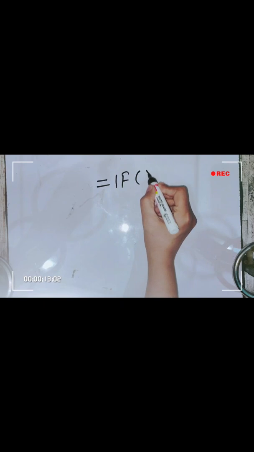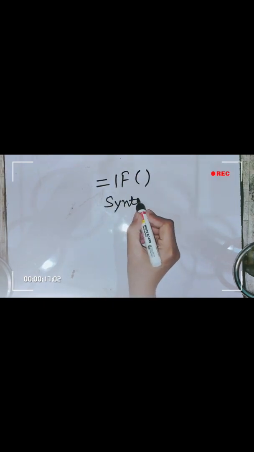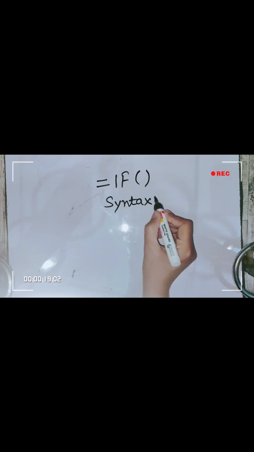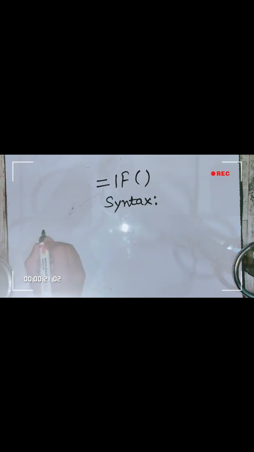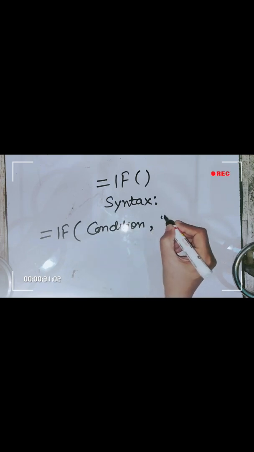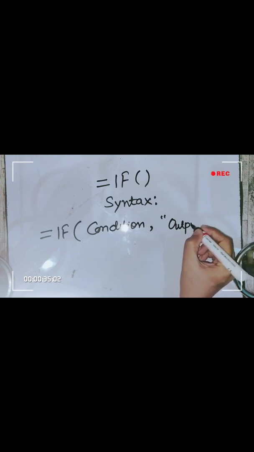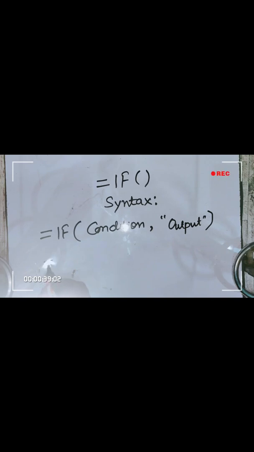So let's start with formula IF. This is the only two-lettered formula of Excel and one of the very useful formulas. So let's see its syntax first. Is equal to IF. Here you will put your condition, and after a separator, which means a comma, we will define output as text or number, and we can also put another formula in output. We'll discuss it later. Have a look at an example.